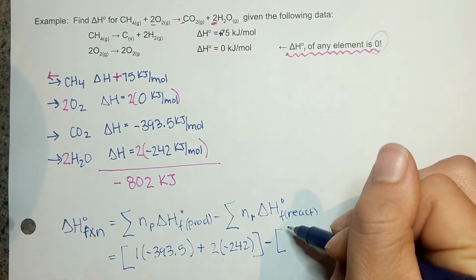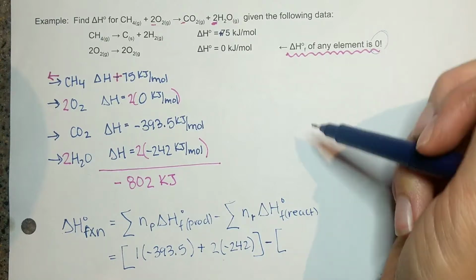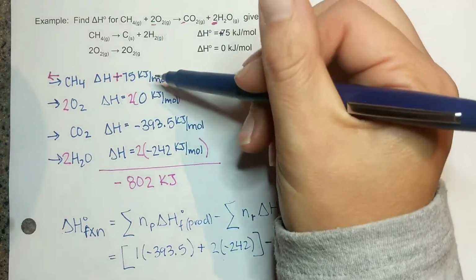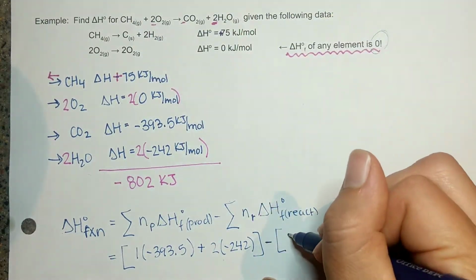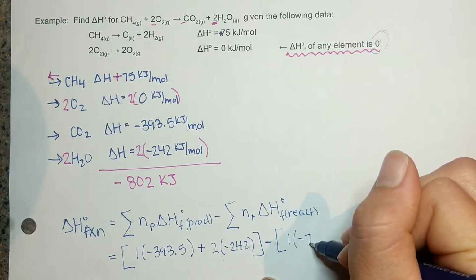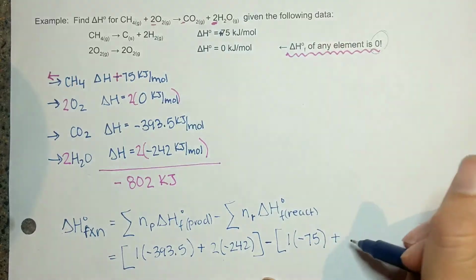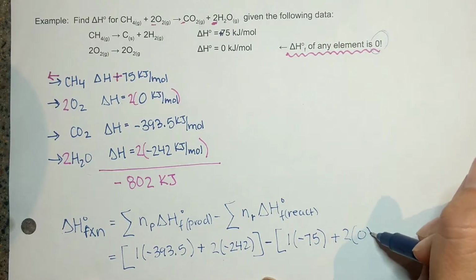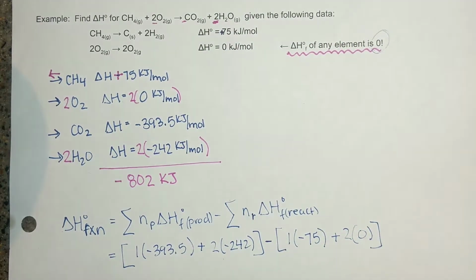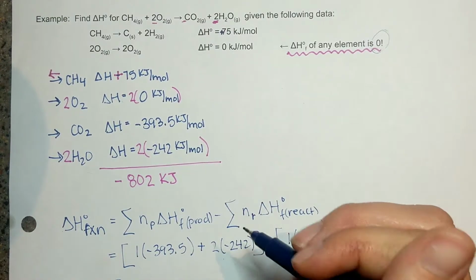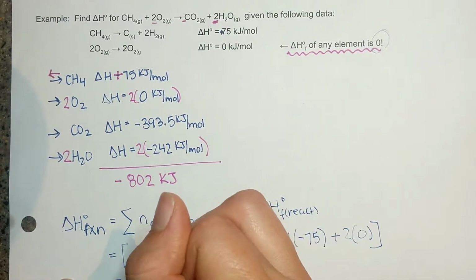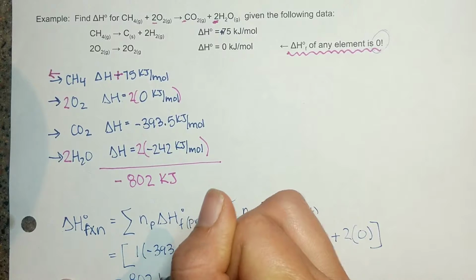minus my reactants, so my methane, which was negative 75, and 1 times negative 75, plus my oxygen, which has a molar coefficient of 2, and oxygen is 0. So when I do this and I add these all up, I get 802